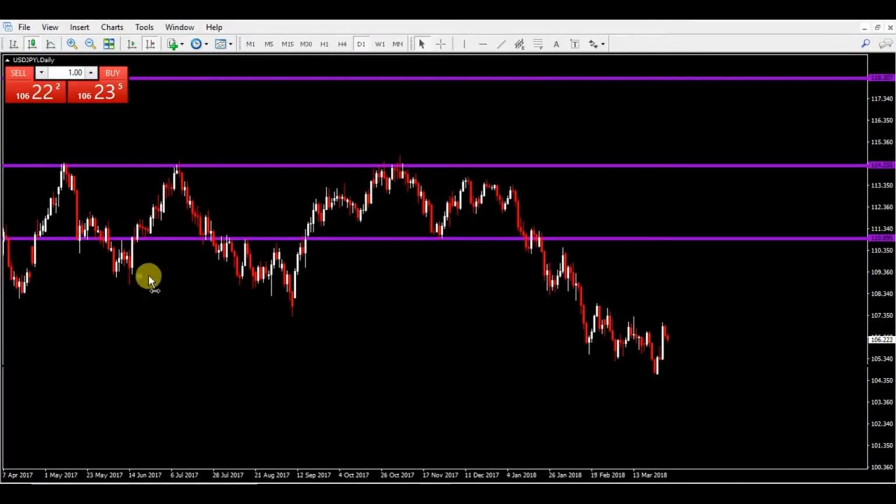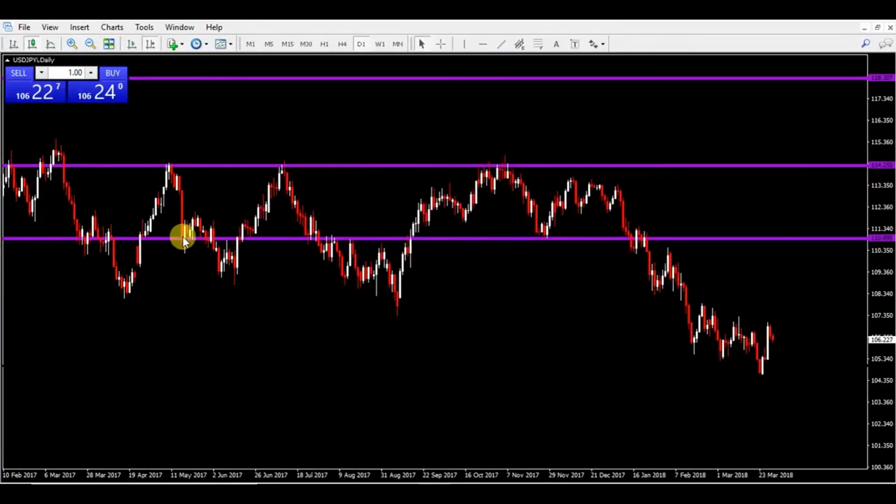It's a very valid area. It came down, bounced, broke through, retested here, bounced down. And just so you know, this is the daily chart, so from here to here is like 180 pips. It came through, broke through, came down, retested that area, and rallied